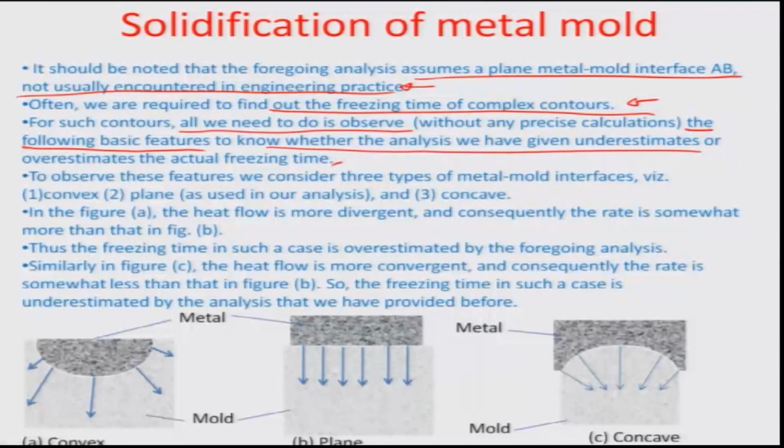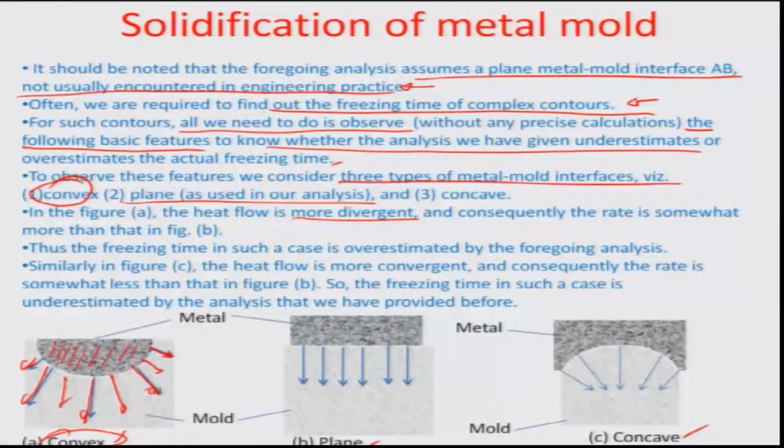We considered 3 different types of mold metal interfaces, namely the convex, which can be recorded here, a plane interface which we have already done as is used in our analysis, and a concavity which is here. In this particular case, as you can see, the heat flow is more divergent in nature in the convex, because this is how the hot metal is placed, and you are trying to conduct the heat outside into the mold in a divergent direction. Similarly, in a concavity you have the other way around, that means all the heat is being focused into one particular region, so therefore it is convergent. So thus the freezing time in such cases